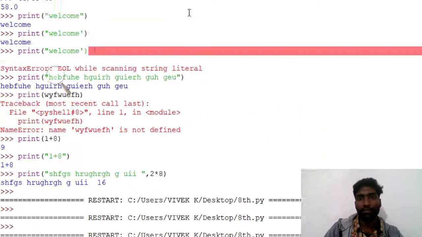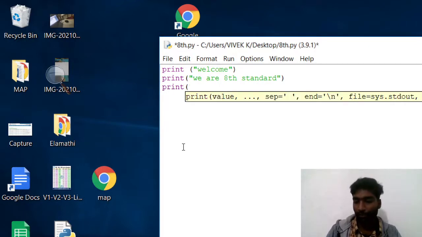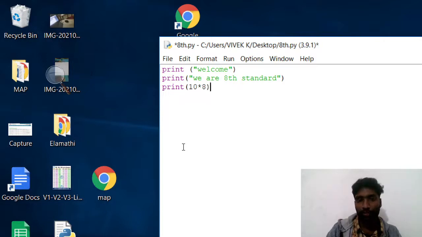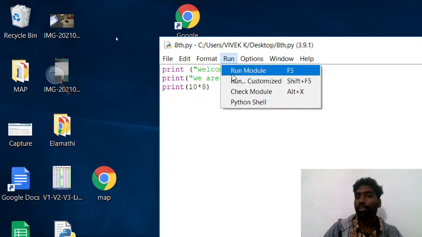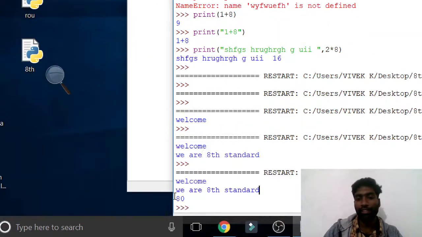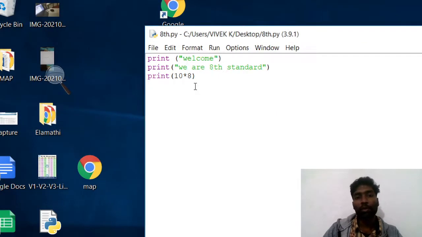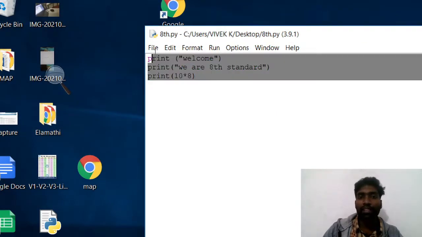Print, 10 into 8, saved. Run, the shortcut is F5. Now see here, 80. 10 into 8, 80. This is script mode. In script mode, what happens? We write multiple lines, and the multiple lines will run all together.